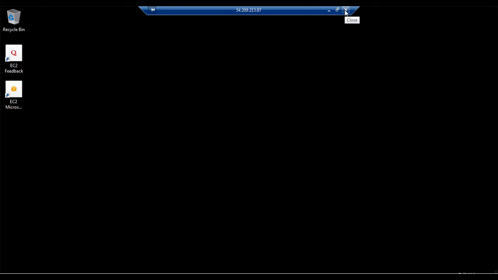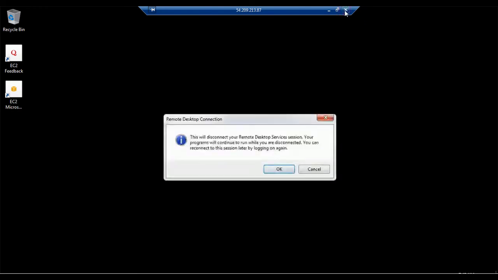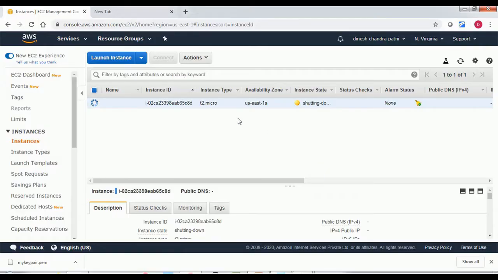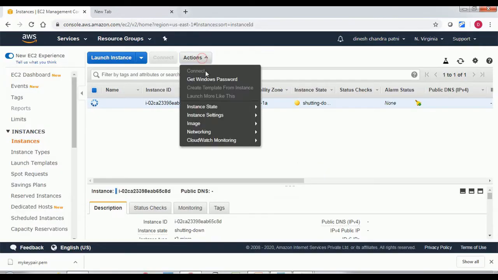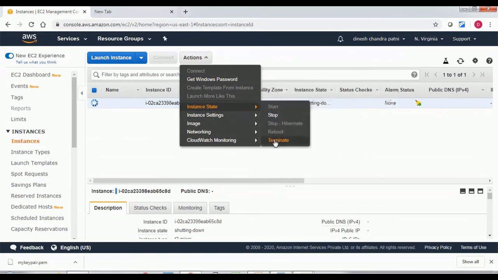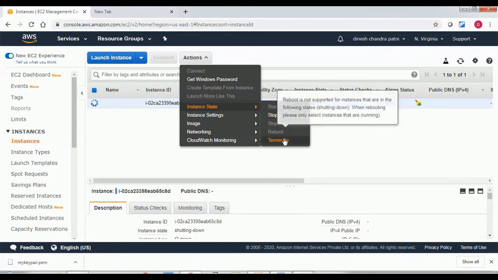You need to delete this also. Close that session. I will show you what options are available. You can select Actions and terminate it by clicking Terminate. You can stop also, or terminate.